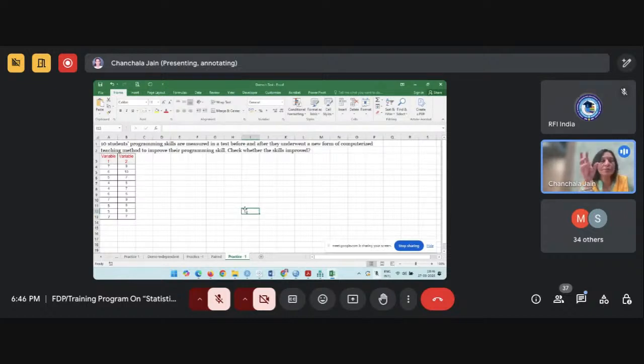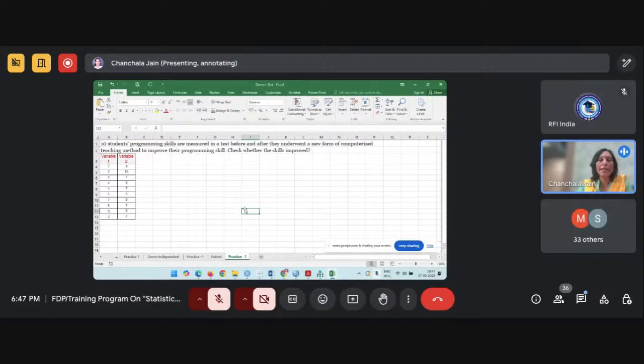Unequal variance means that if you do not have an idea of the variance of your numeric variable, whether it is the same in both the groups or not, in that case you will go with the unequal variances. And if you apply the F test using Excel, you can decide whether the variance is equal or not. If variance comes out as equal, you can go directly for the equal variance test. If variance comes out unequal, you can go for the unequal variances. And if you are not checking the variance, it is suggested you should always go with the unequal variance, right? So this is what we have seen.